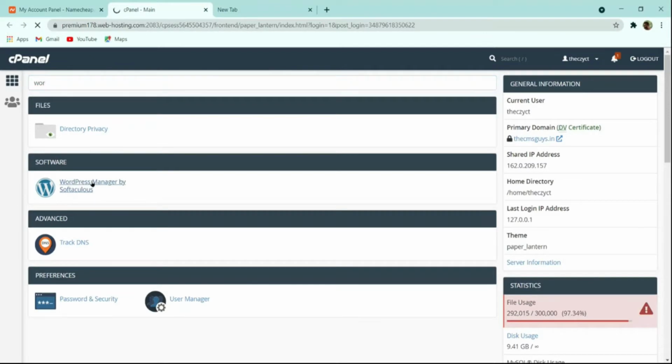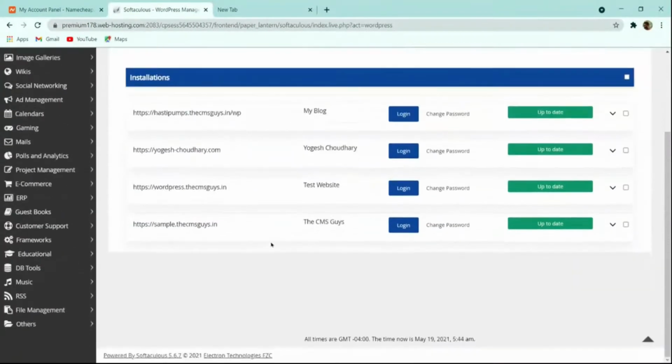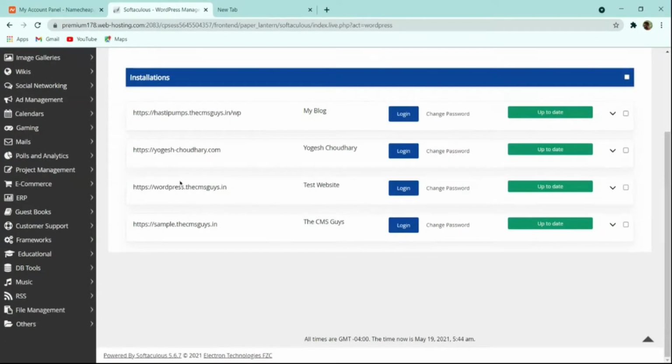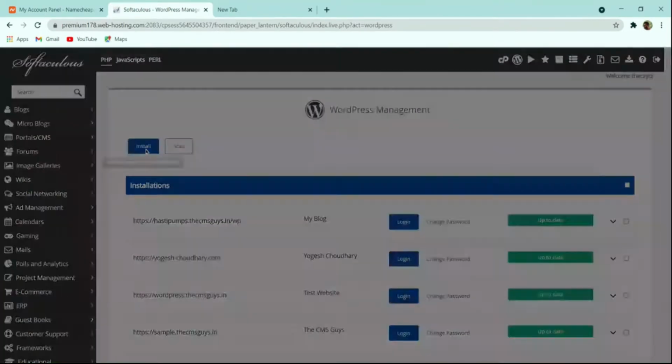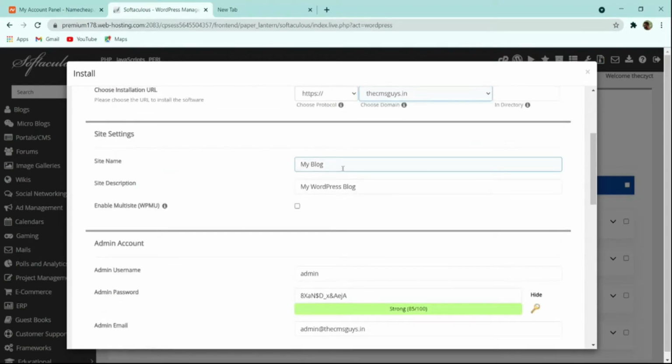You can click on this, and here you have to choose the domain name where you want to install. First of all, let me install WordPress on my domain name. We have to fill in the WordPress details. First click on install, and then here you can see this is my domain name where I want to install. I have selected cmsguys.in, and then we have to fill in our site name and